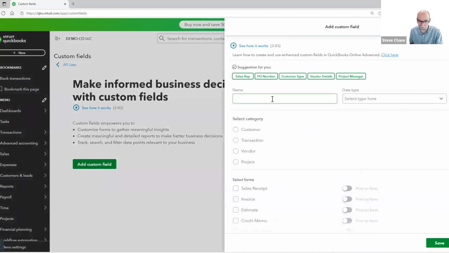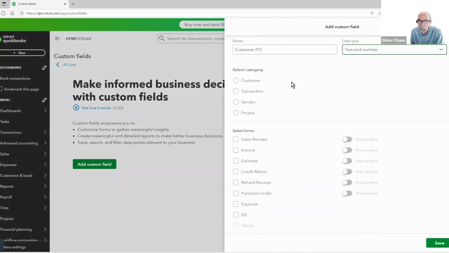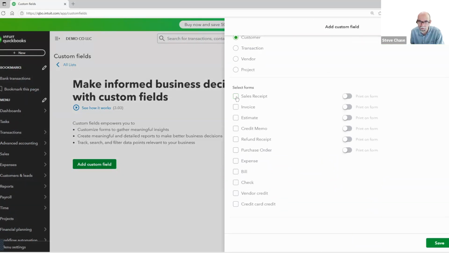And let's imagine that I want to create a customer PO to put on invoices. So I'll type customer PO. The data type, I'll select text and number. And I'll select where I want that to go. I'll have that part of the customer and I'll make it available on the sales receipts, invoices, estimates, credit memos,